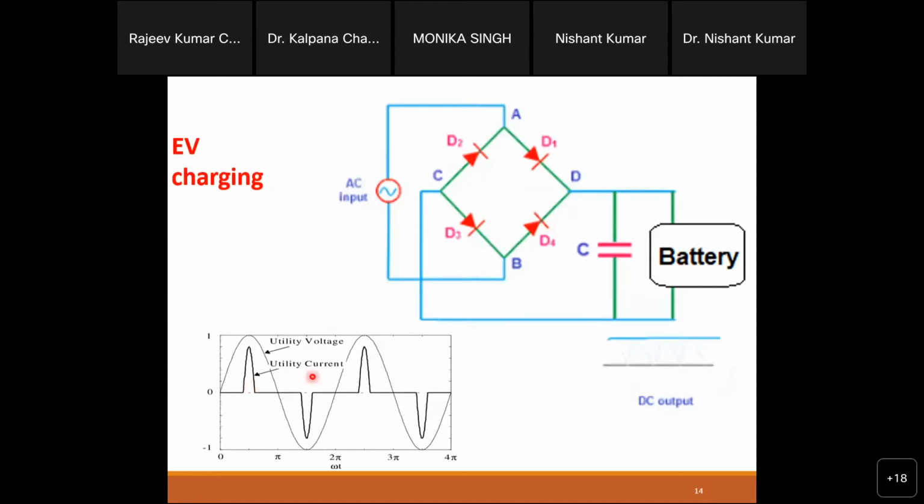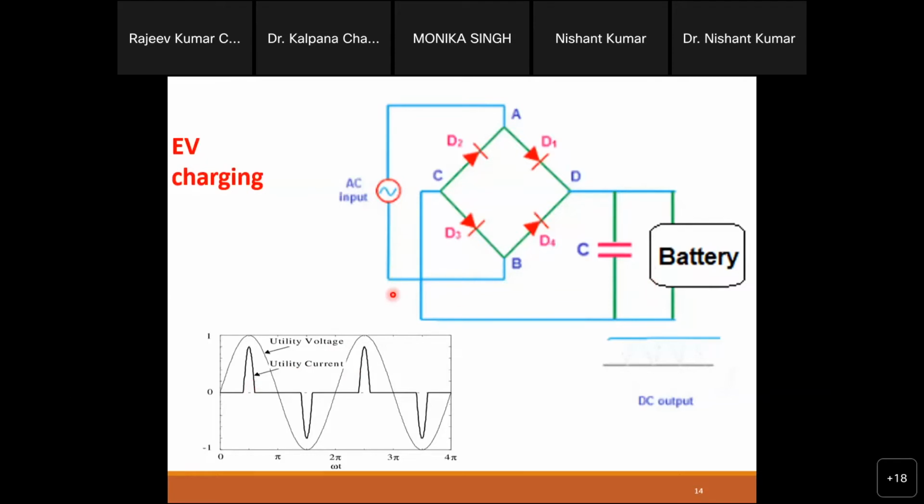So this is the key issue, and it is also one bigger challenge here. If someone is going to use the cheaper charger, we can't deny these things, because everyone will favor cheaper equipment. And the output terminal is okay. Only the input side has the problem, and no one is going to think about that, right?